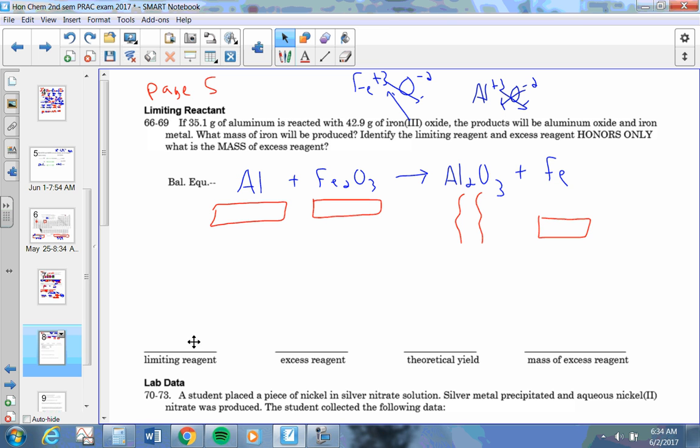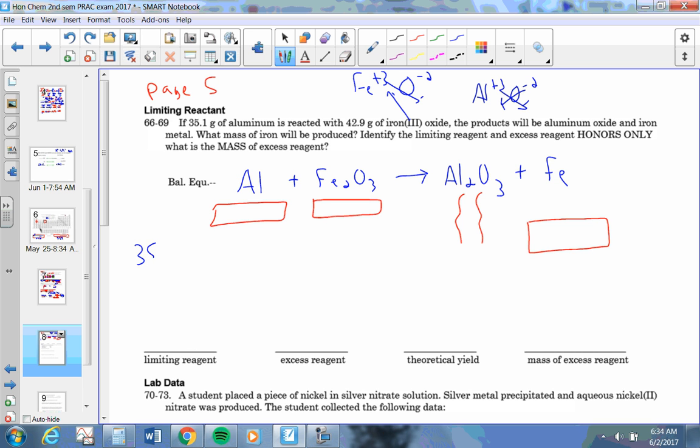This is one of those types where they're giving you two amounts. It's kind of like we had 6 hamburger patties, 3 buns, 7 pieces of cheese. How many hamburgers can we make? There's going to be something that holds us back. So we have 2 ingredients, 2 reactants, and we're going to have to figure out which one is the limiting reactant. So the first thing we need to do is convert their grams